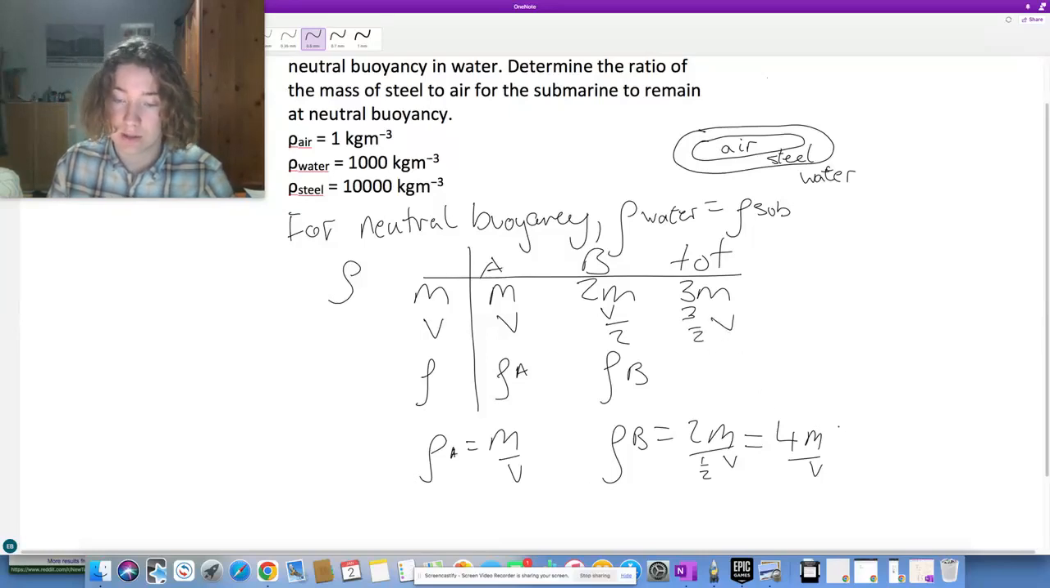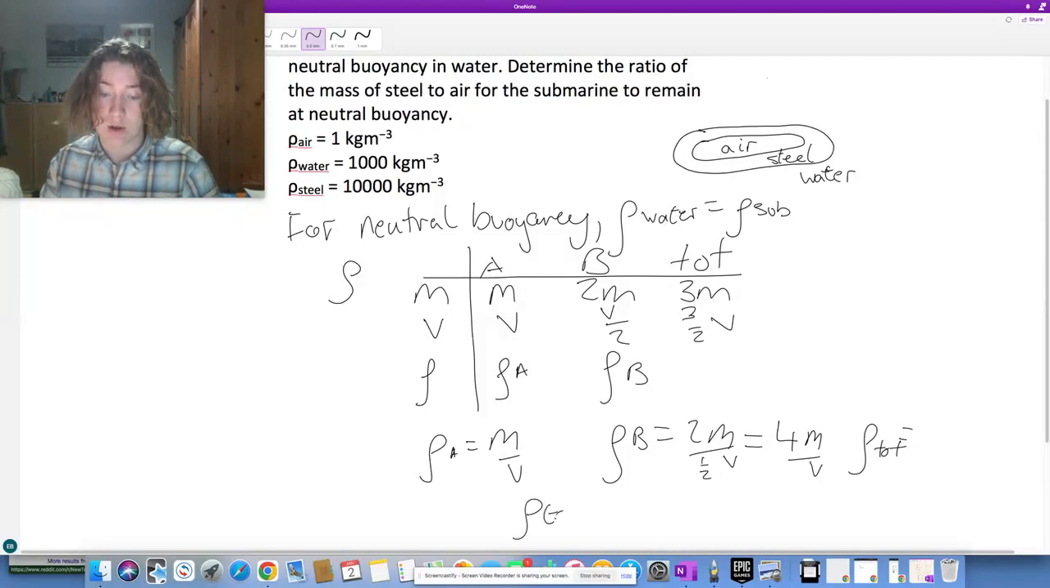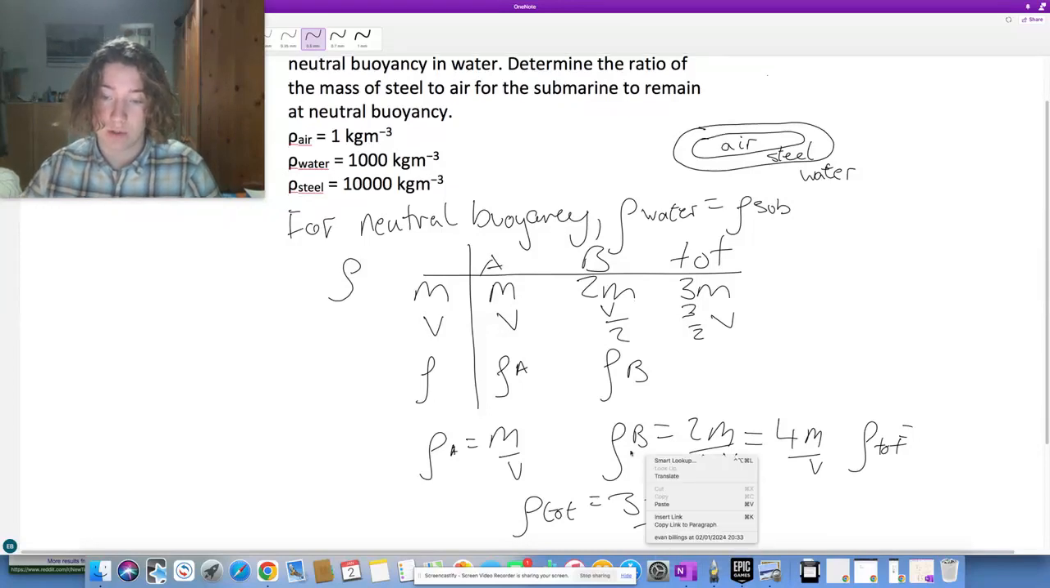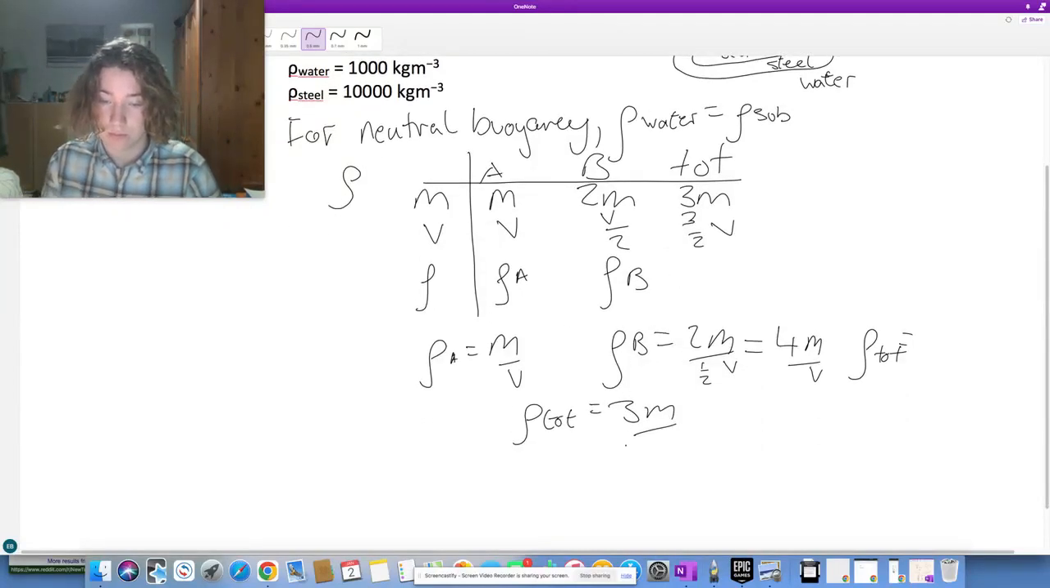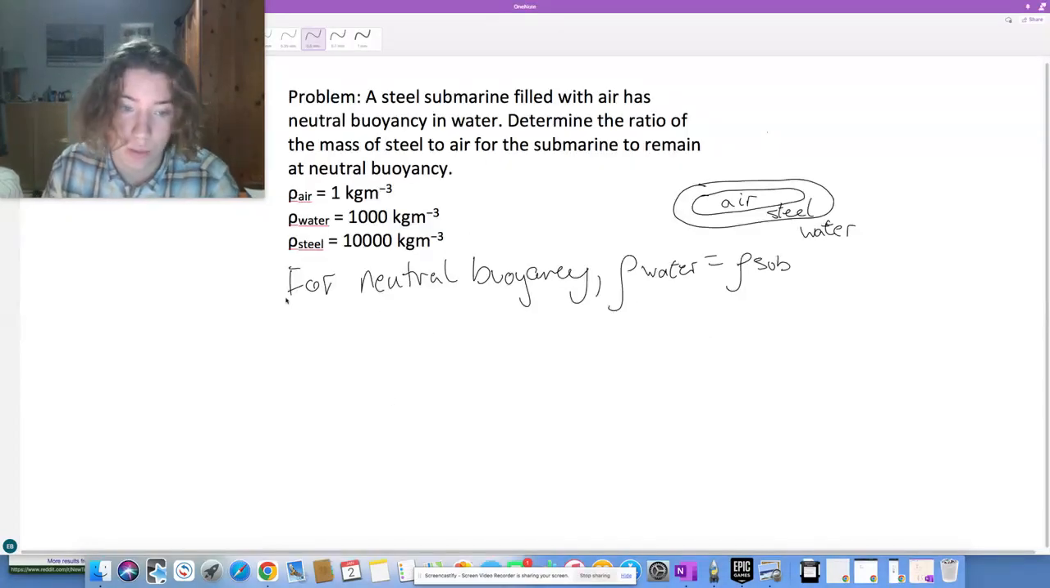So it turns out that the overall density, which I'm calling density total, is going to be 3m over 3 over 2 v, which gives 2m over v. So as you can see, you could not have got this from adding m over v and 4m over v. Now, with this in mind, we can start by saying that if we call the mass of air m air,